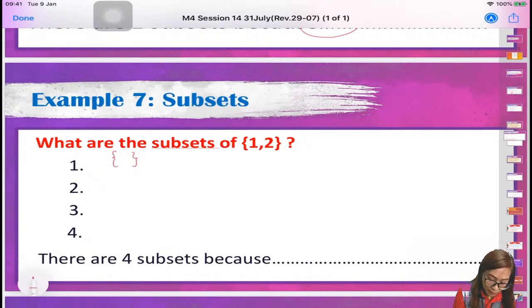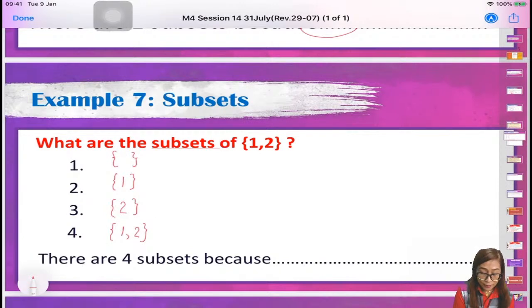The second one is the set with one element. So I have to copy 1. Then I have to copy 2. One element, and then put it inside the braces. And the last one is 1, 2, the set with 2 elements. Put the 2 elements in the braces. And that's it,